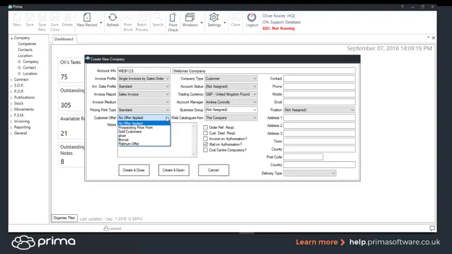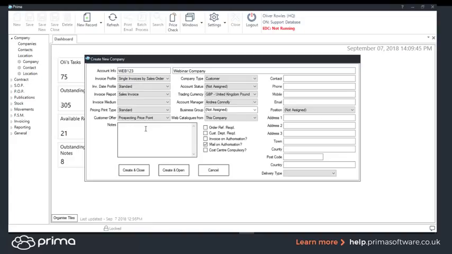offer is a group of pricing bands in one offer. So this prospecting one here may have 3 bands, 4 bands, 5 bands in it, whatever it may be, with set margins or discounts against it. So it could be the case that they get 30% margin on A lines, 40% margin on B lines, 50% on C lines, and then when you effectively choose that customer offer, that inserts the pricing band automatically against the